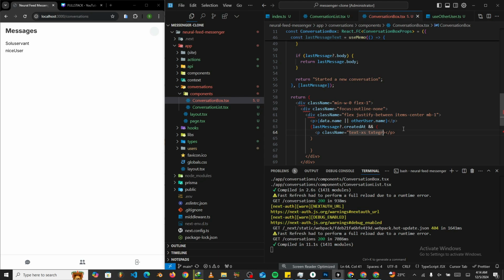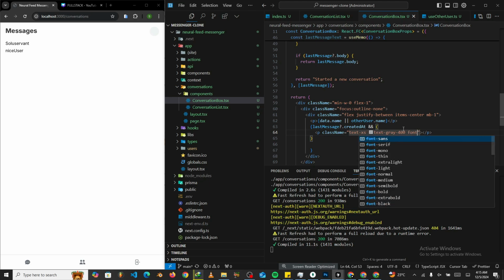Text gray 400. Okay, text gray 400. Then right after doing that, we want to make sure that we set the font light